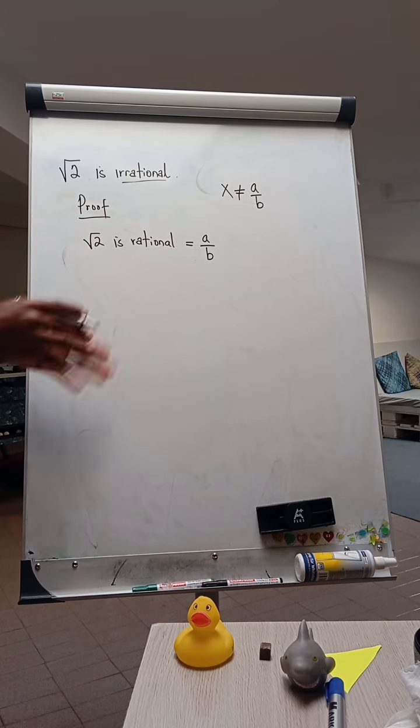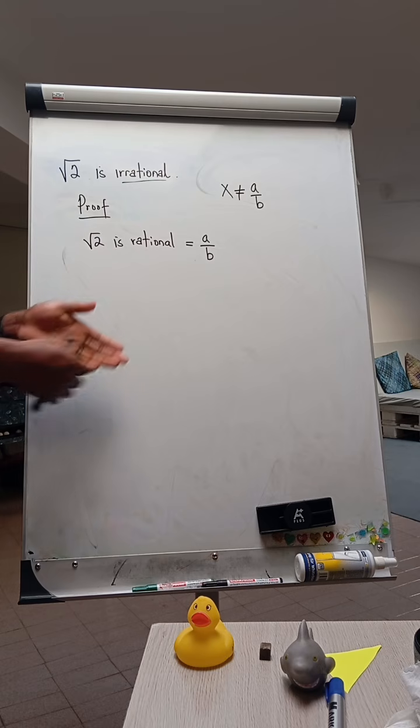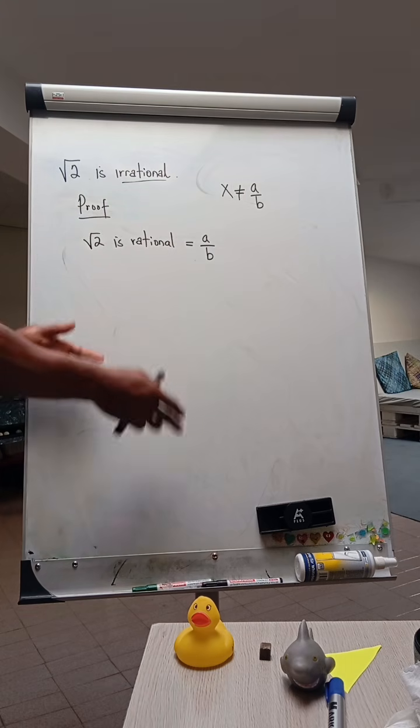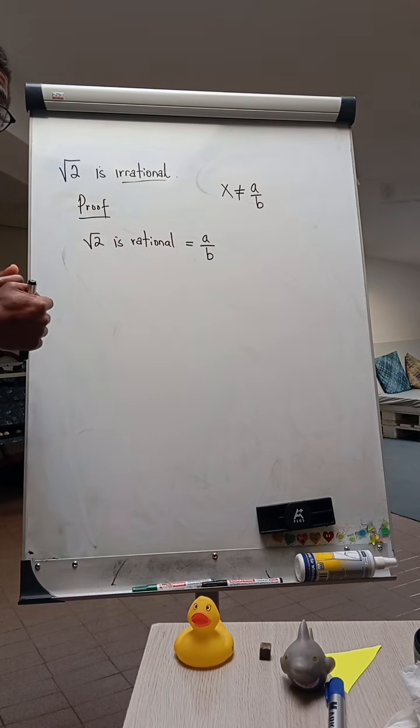Now, why do we take this approach? The reason is, think, for example, we progress with this proof, and then we get our final answer, or the progress we're making points to our assumption. That means the square root of 2 is indeed